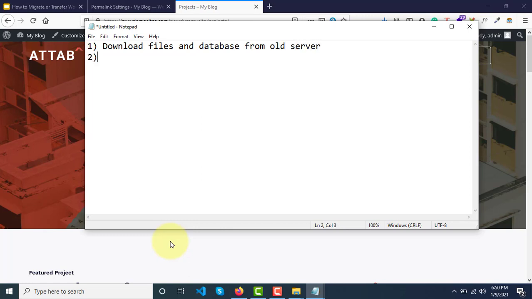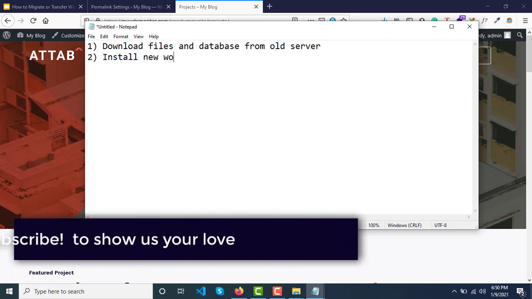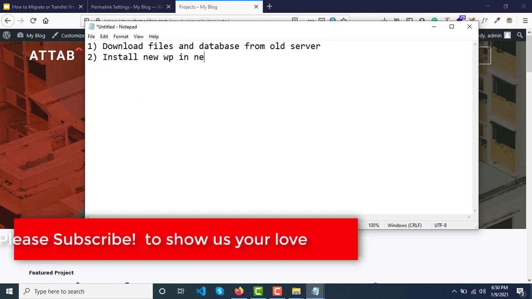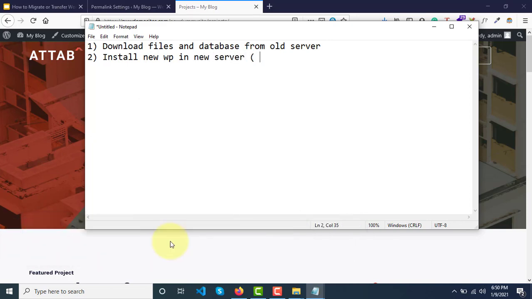Second thing, install new WordPress in the new server, note the DB name and DB credentials from the config file.